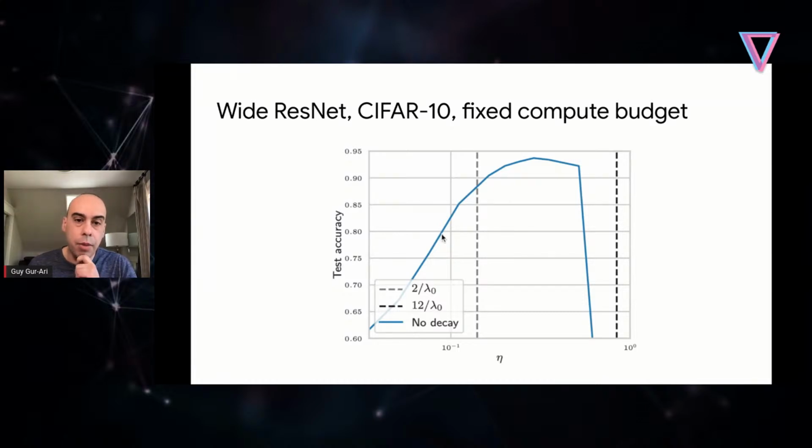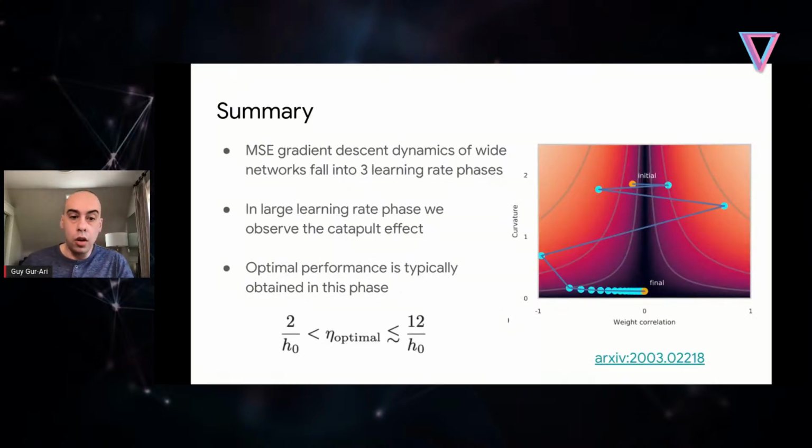And again, as I mentioned, if what you actually care about is just getting the best performance for a given budget, then that tilts it even more in favor of using these larger learning rates, just because of the effect that the small learning rates don't stand a chance. They don't even get to where they want to get to. So from a practical perspective, this would be the plot to look at. Okay, so let me summarize.